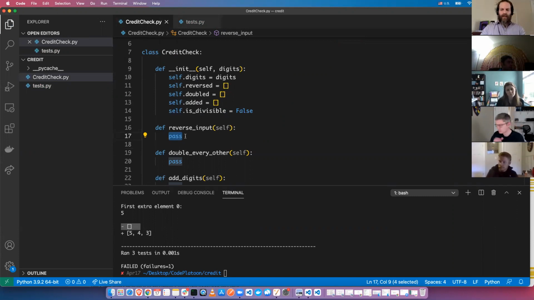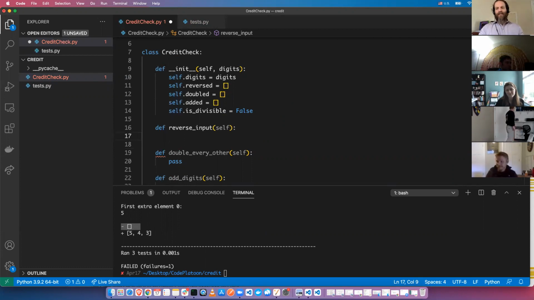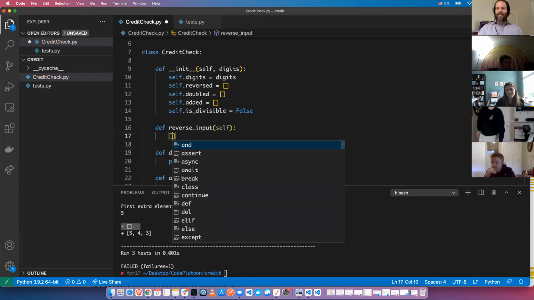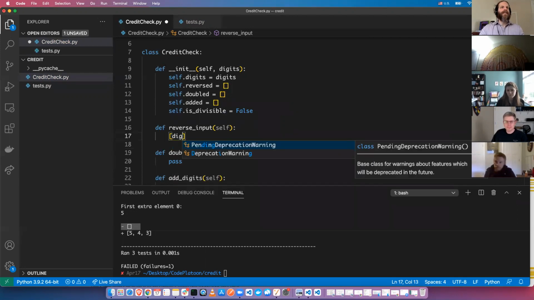So I'm going to use, there's a few ways you could do this. I like list comprehensions, and list comprehensions are considered very Pythonic. You may have heard this term, Pythonic. Is something Pythonic or not? It's a deep philosophical question you can start asking yourself all the time. So list comprehensions are very Pythonic, which usually means good. So the list comprehension will be something like digit